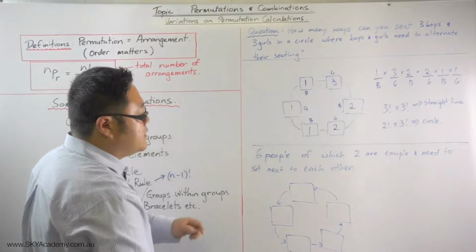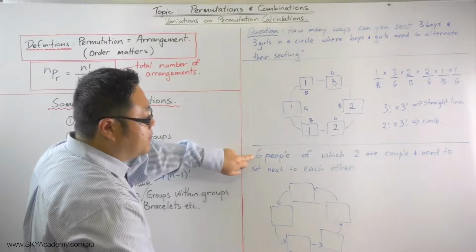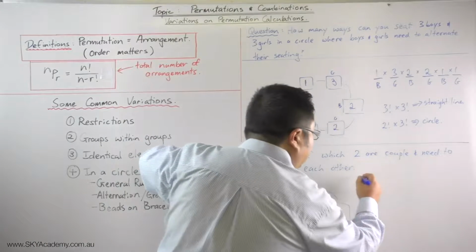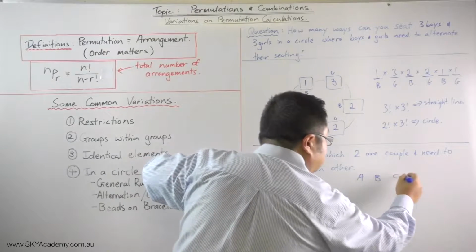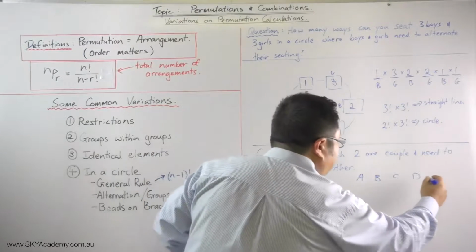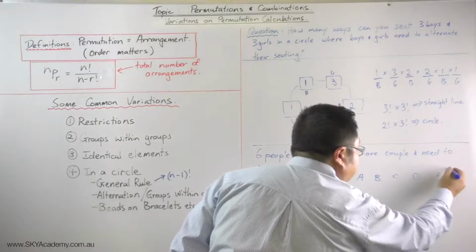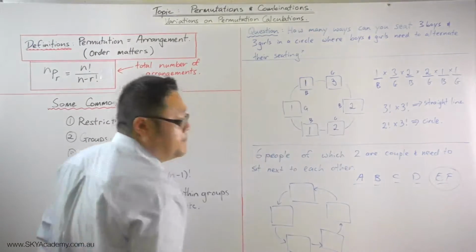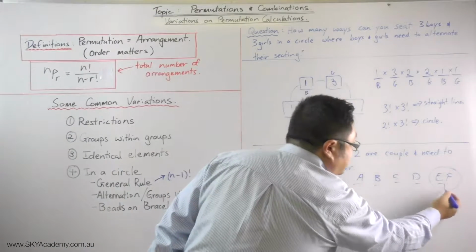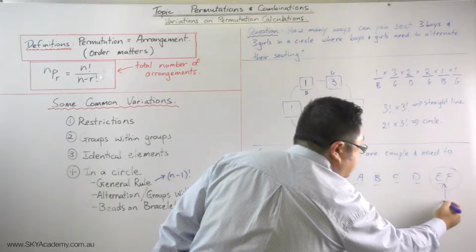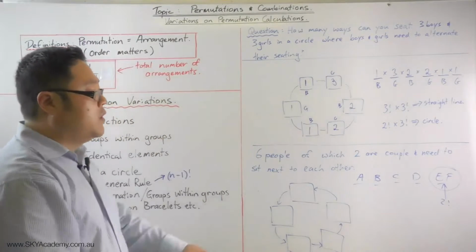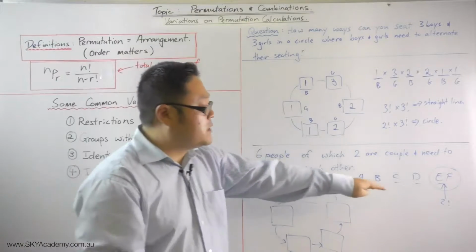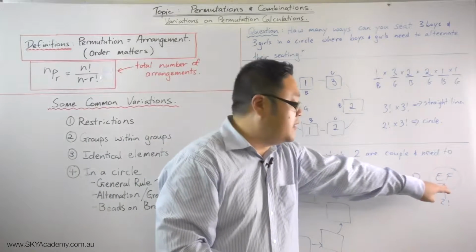All right. So of these 6 people, you might have A, B, C, D, and then E and F are considered one person. So you've got 1, 2, 3, 4, 5 positions, and you've got to consider the internal arrangements within these 2. So it's 2 factorial, okay? So what you've got to do is consider that there are 5 people, and then multiply by the internal arrangements